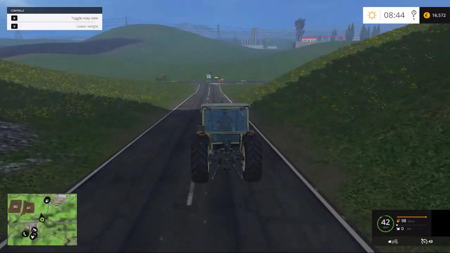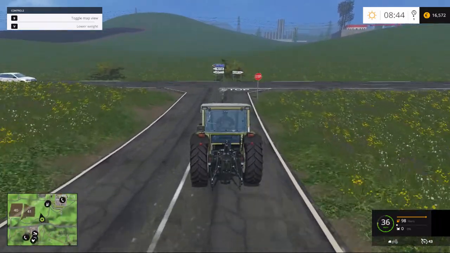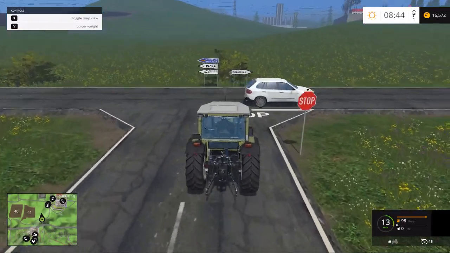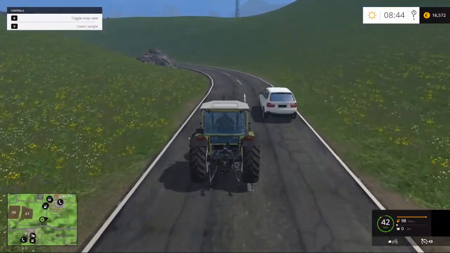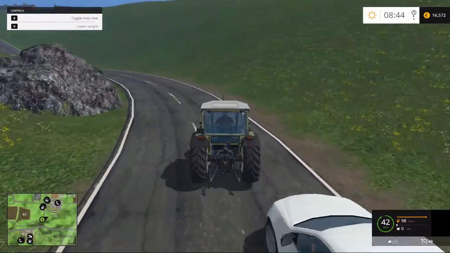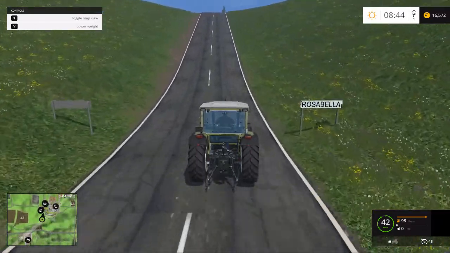One thing you'll also notice on this map, there's a whole lot of areas with not much going on, in so much as fields, at least. So you have lots of areas to cut grass. I'm assuming all of this grass is cuttable. Oh look, we actually found some traffic. But yeah, there are huge areas of no fields, just simply grass meadows, which is cool. Grass is a useful